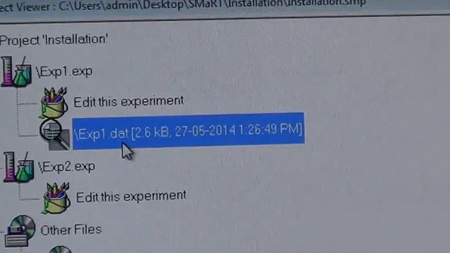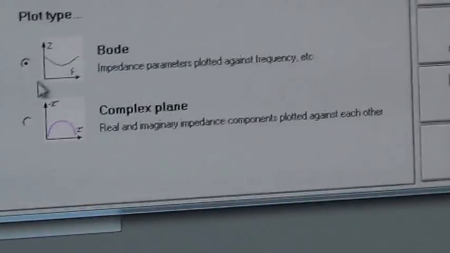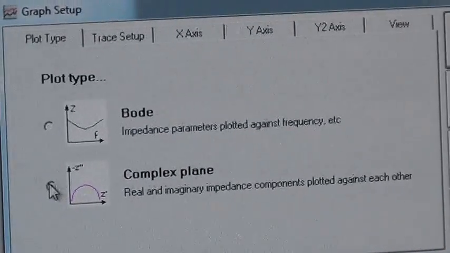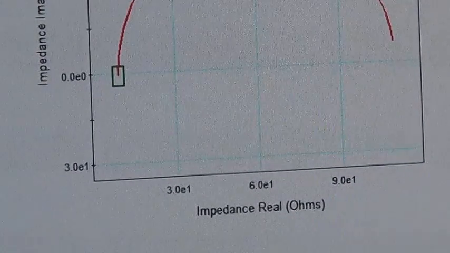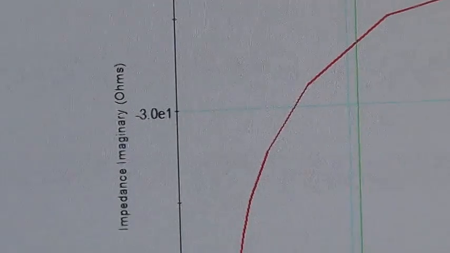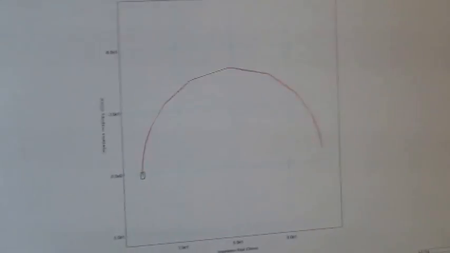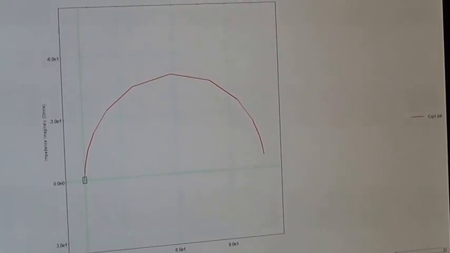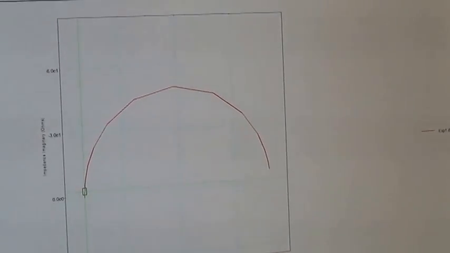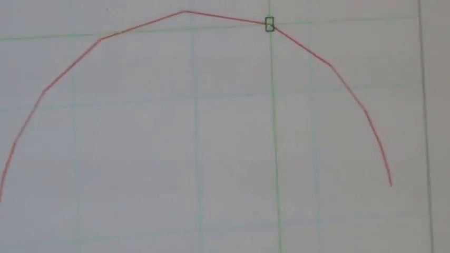And if you want to see the graph, you go to view graph. Plot, Bode, complex. Okay. So now, can you zoom in? If I need to look at what the frequency is, here this one. At this point you can see the frequency here and here as well.